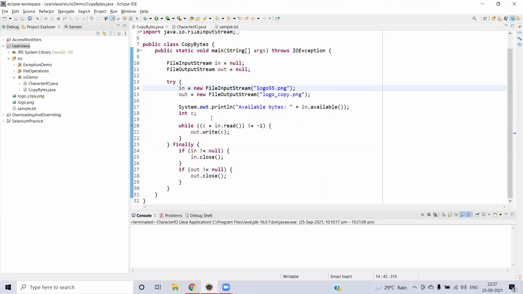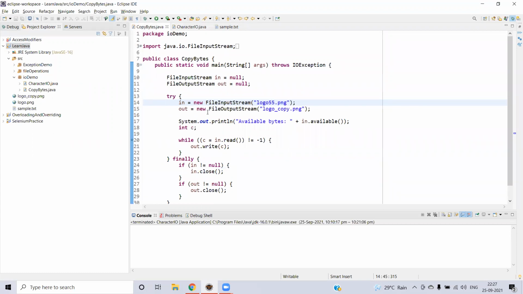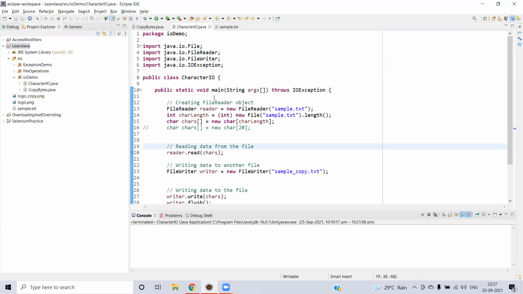In the previous video, we saw that we created the input stream and output stream just to have the byte information written to another file, right? The same way here also we are going to create the FileWriter object. So we will have a set of characters in array format and we will write them to the writer object. In order to create the reader and writer objects, we give the file name itself. For example, while reading, you give the existing file name, and while writing, you give the name of the file to be written.